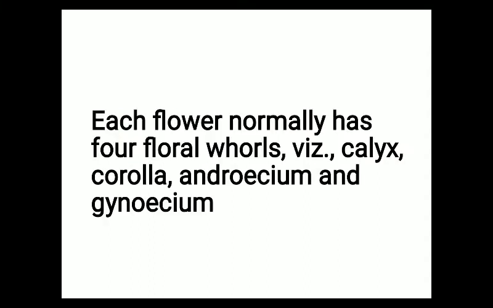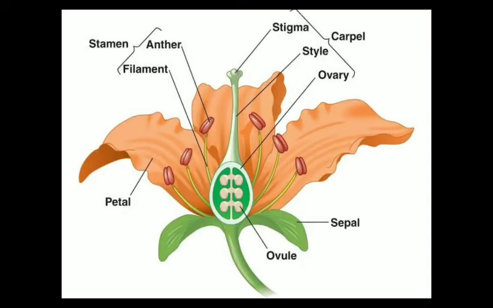Good morning, students. In this video we will study the parts of a flower, that is, what the different parts of a flower are. Each flower normally has four floral whorls: calyx, corolla, androecium and gynoecium. In the previous class we discussed what a flower is, what the four different floral whorls are,